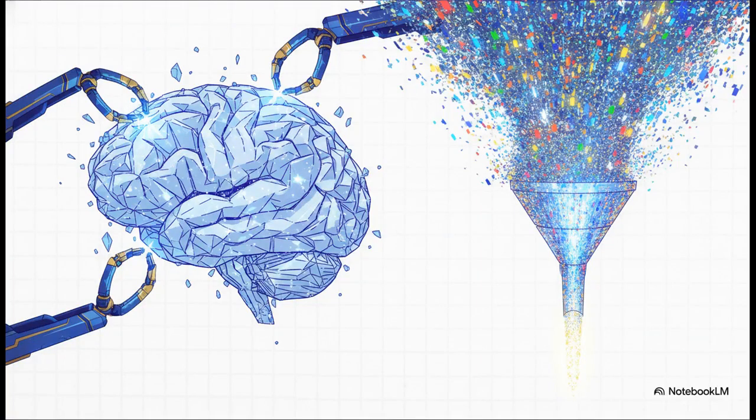Now, to actually train this MRI, the sparse autoencoder relies on a very specific two-part loss function. First, you've got your reconstruction loss, usually mean squared error, which basically just forces the SAE to accurately rebuild the original input data.